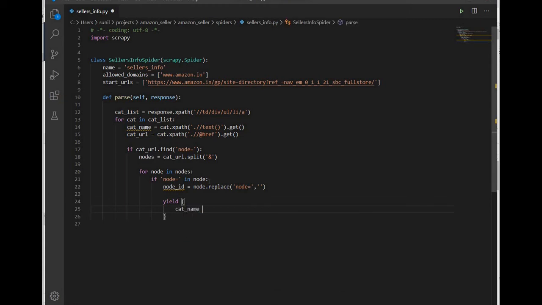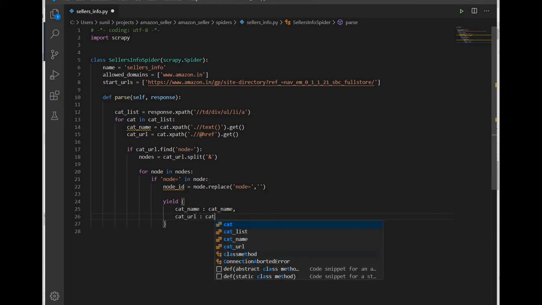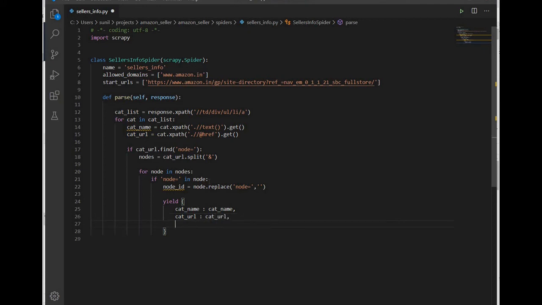Then I will yield cat name is equal to cat name, cat URL is equal to cat URL, and node ID means category ID, so we can say cat ID is equal to node ID.